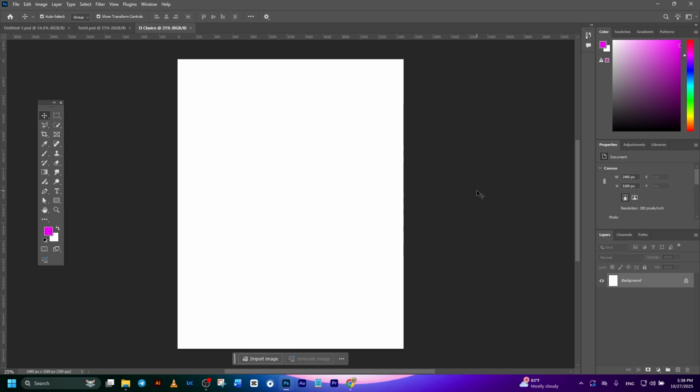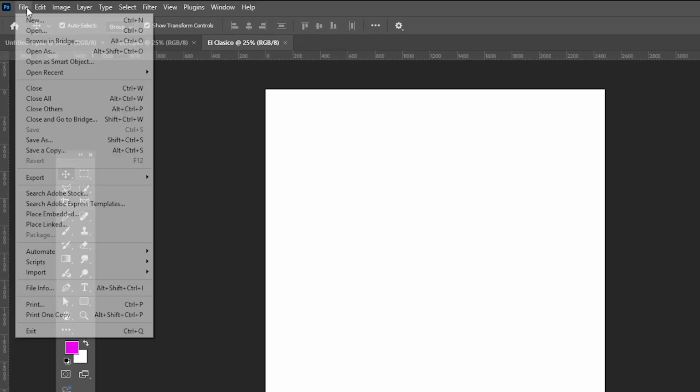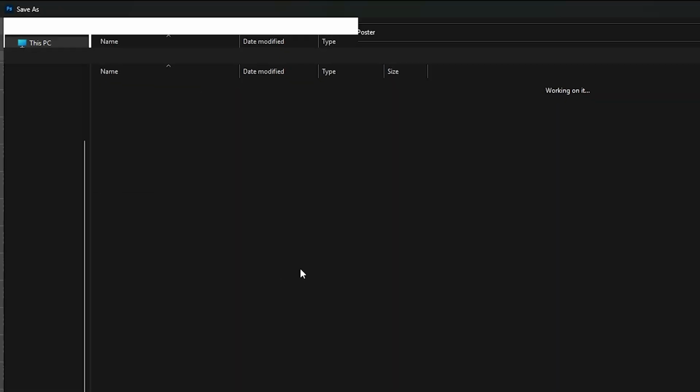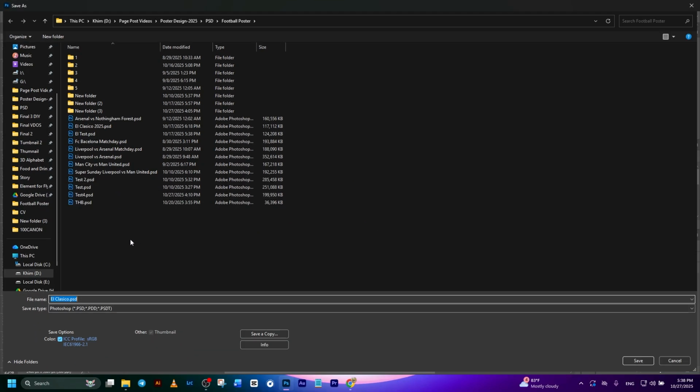And before designing, we save it first. To save a new document, we go to File, choose Save As for the first save, and choose the place you want to save,